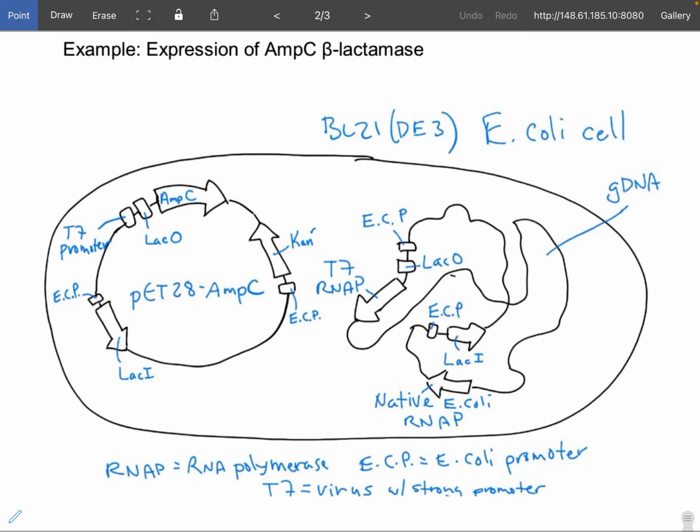So remember, we've done a transformation reaction in which we have placed the vector, PET28 in our case, containing our gene, which in this example is AMP-C. So AMP-C is present in this vector. We utilize kanamycin to ensure that only the organisms that contain this plasmid survive. This plasmid has in it also a LAC repressor gene that can be turned into a protein under the control of an E. coli promoter. And the target gene that we're interested in, the protein we wish to express, in this example AMP-C,